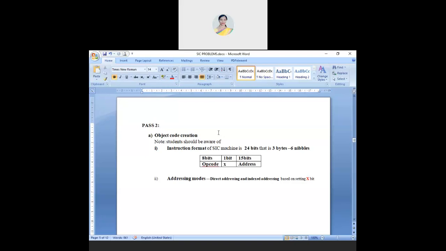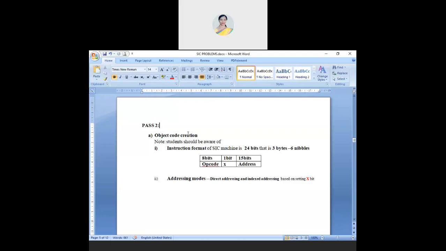Okay, fine. So, the pass through algorithm. The second part of the entire question, which comes for 12 marks, is pass through. In pass through, you have A and B. We'll first see what is the A part, that is object code creation. This is the last column of the problem.